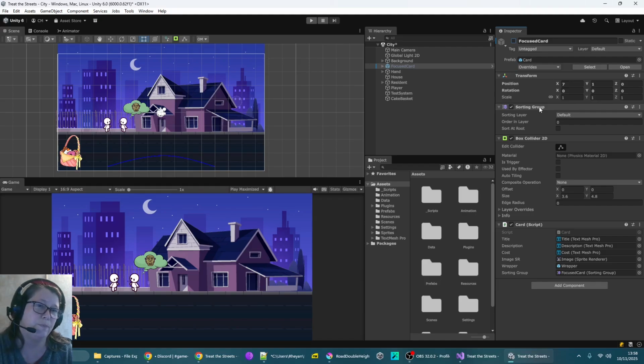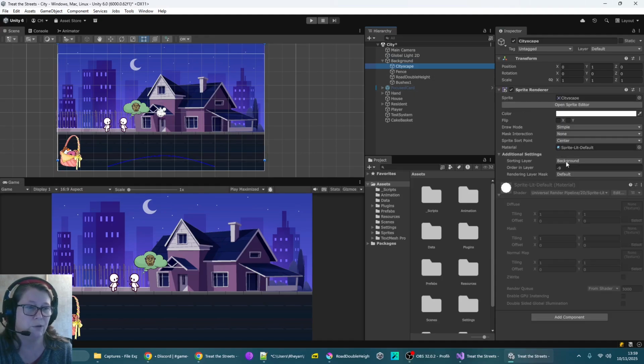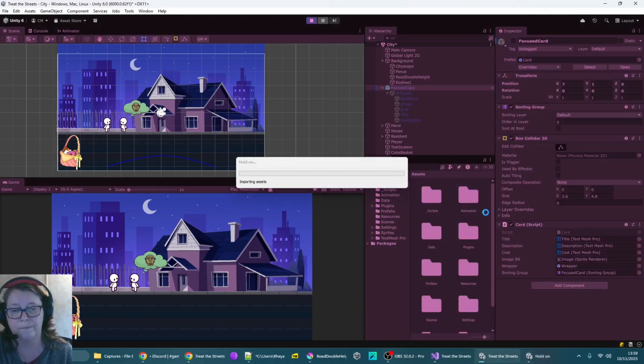Now if you think about sprites and the way they're displayed, for example, if I go to my background objects, they're on different layers. So the background objects are on a sorting layer, and you can put an order in layer. The problem with the card is that I want to make sure, if I just press play again,